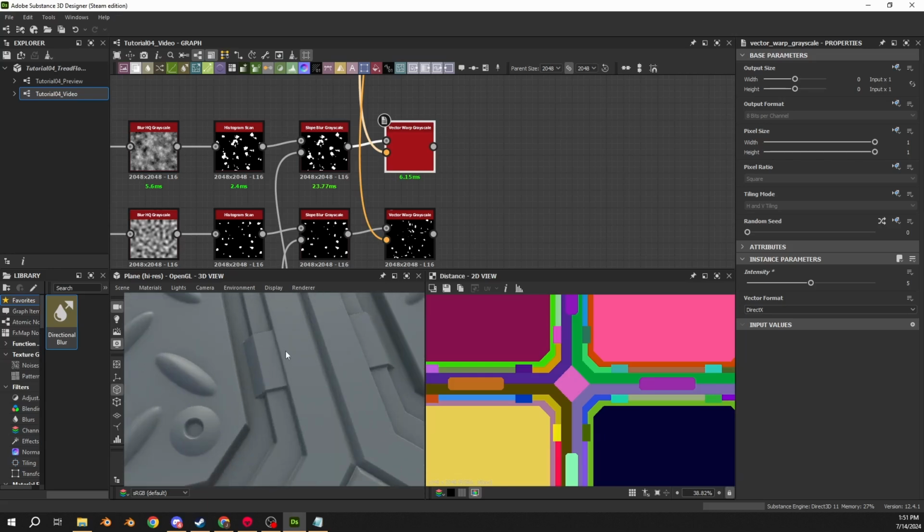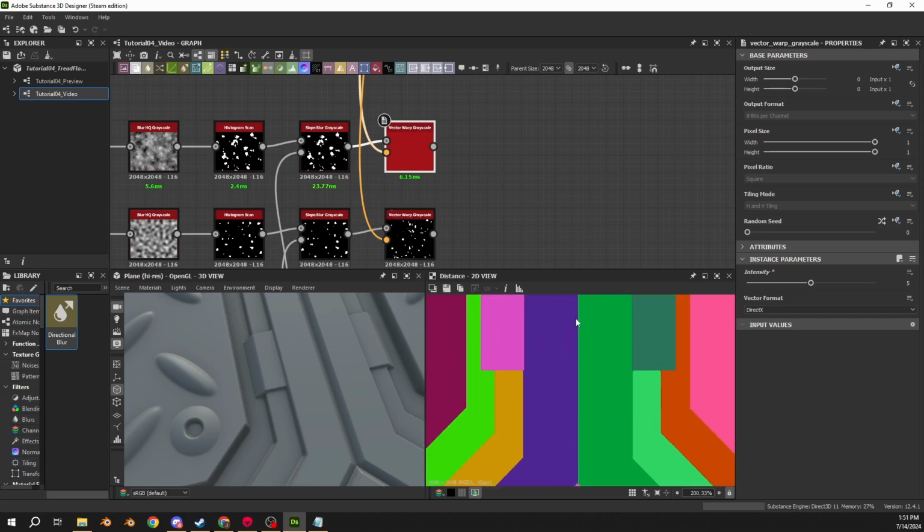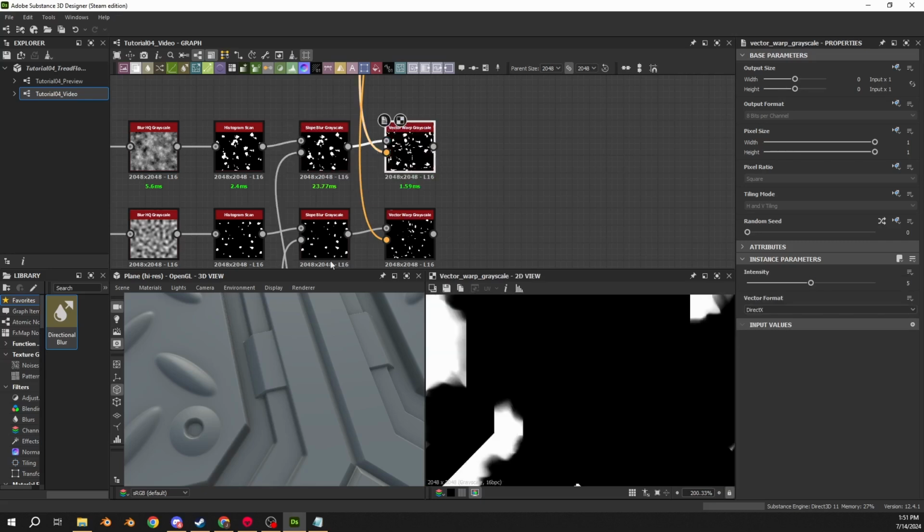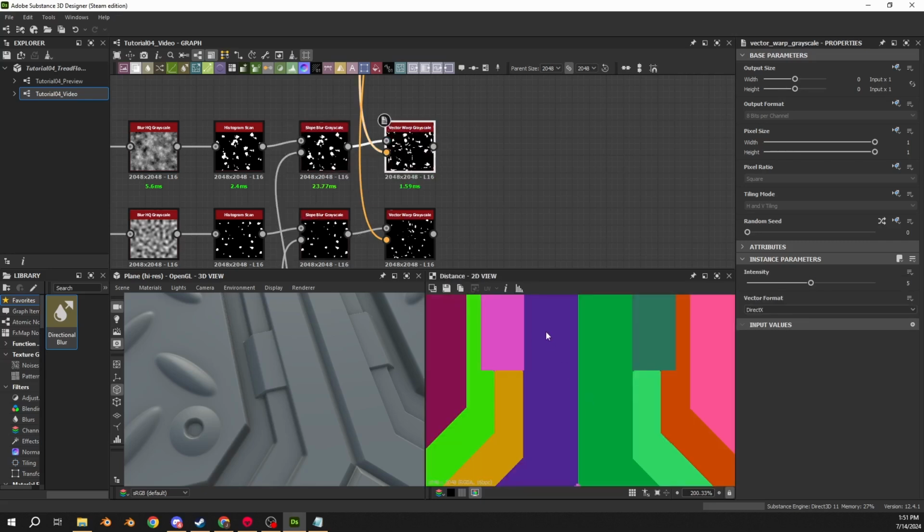And if we have a noise here, we don't want the noise to carry on from here to here. We want the noise to be different based on the plate that it is on. So by having this divider here, it's going to shift or pan this texture in one direction and this in another direction,